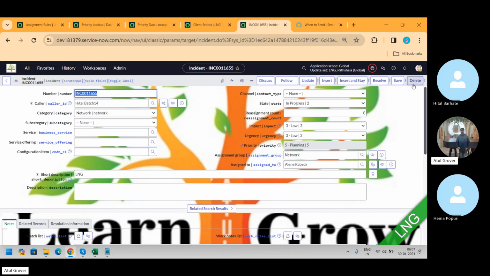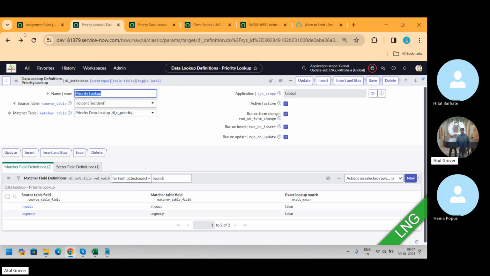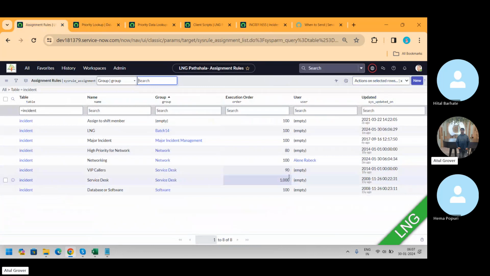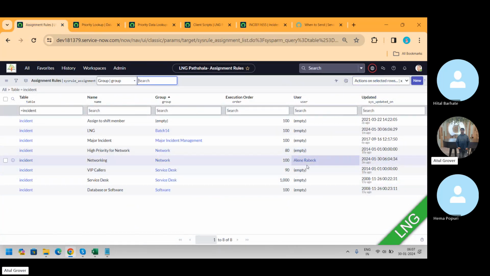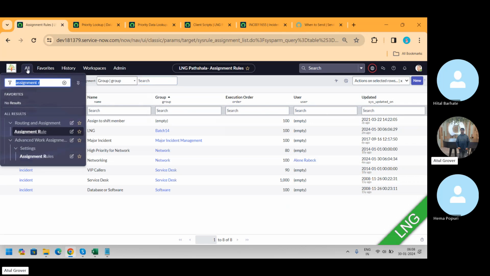See, it's taking priority of this only. Maybe the one which is created first is taking the priority, or maybe as both are set up together, it's taking the priority on that particular one. Okay, this is the first way that you can do it. But in this concept in the assignment tool, we have to configure everything. We have to put the conditions like we did. The second part is called